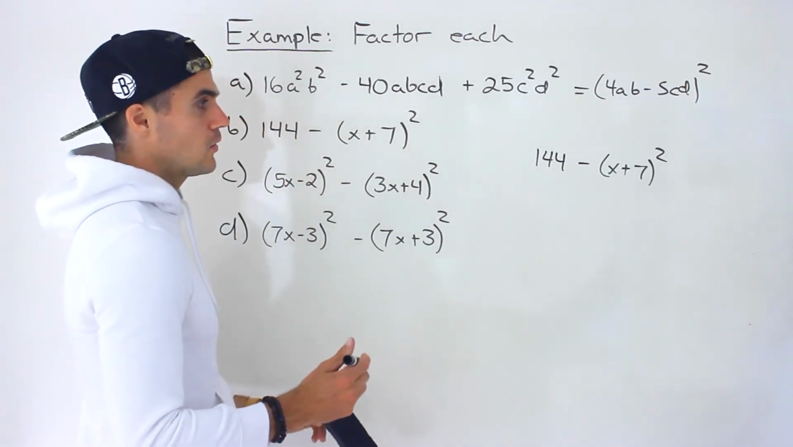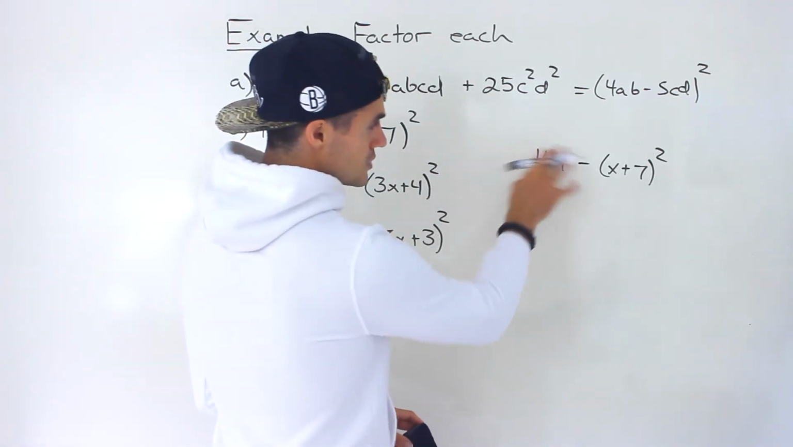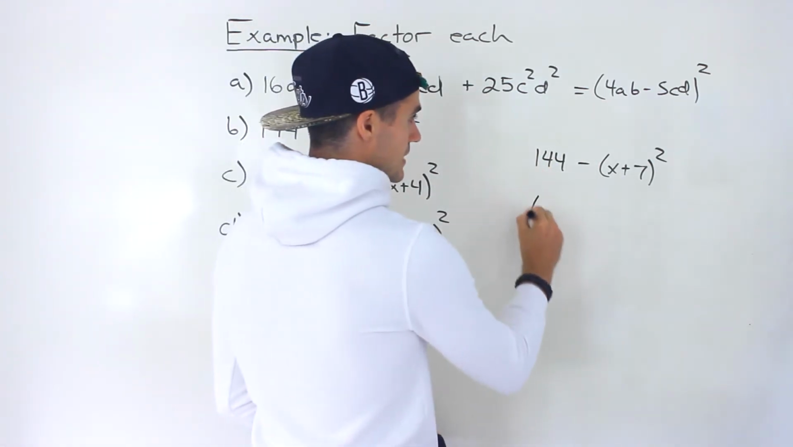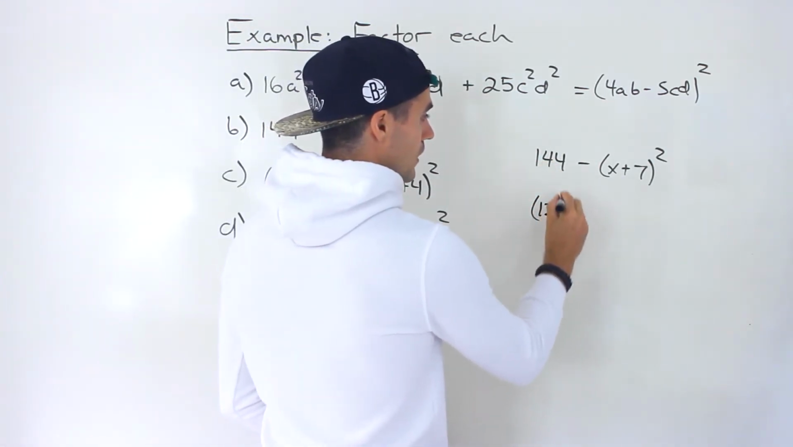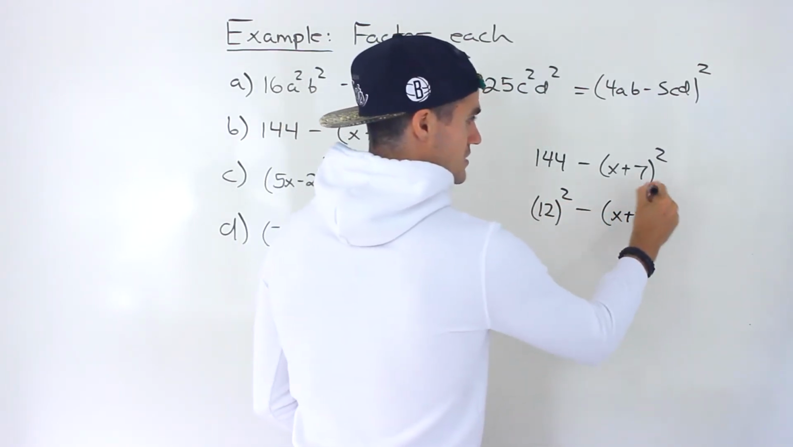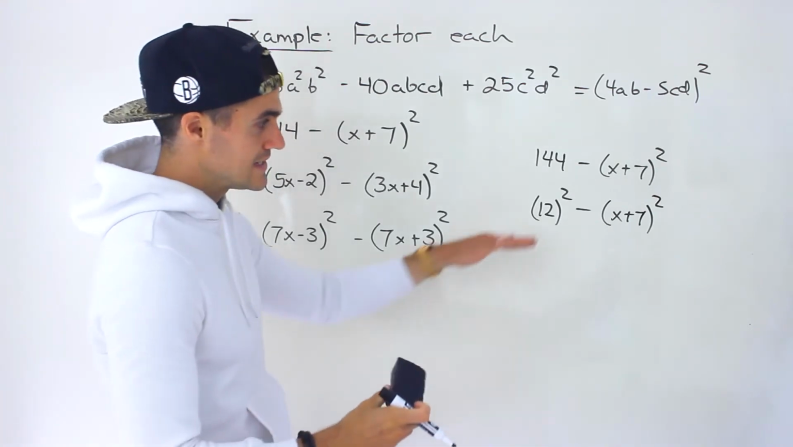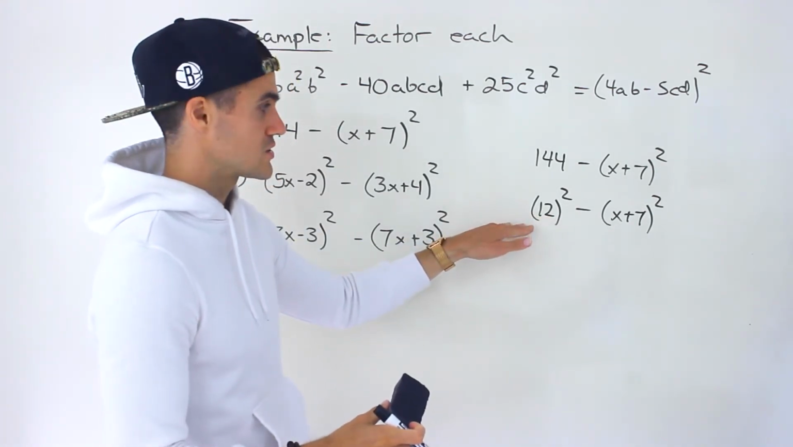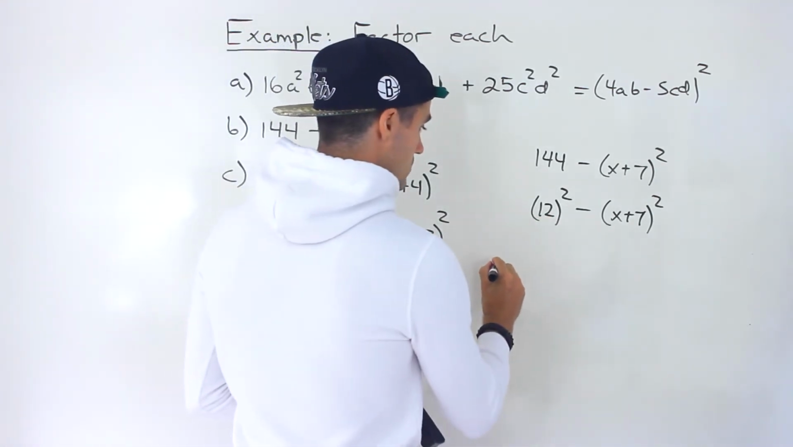But I wouldn't recommend going that route, because if you notice, we actually have a difference of squares here, because I could take this 144, I could rewrite as 12 squared, and then this x plus 7 is already squared, right? So we're dealing with a difference of squares there. Remember, a difference of squares